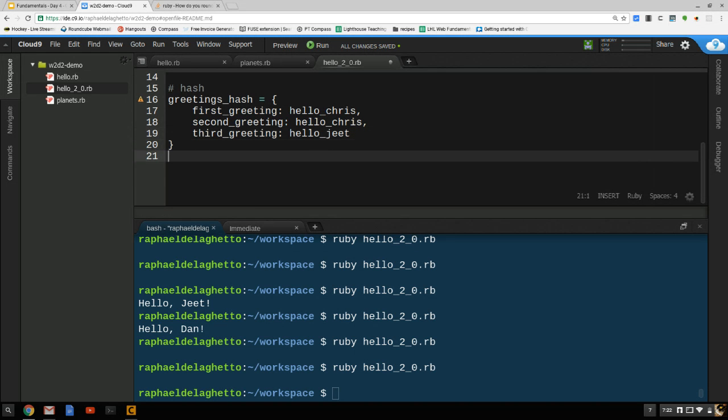Just make sure that you separate all these key value pairs with commas. Okay, so now this kind of starts looking a little bit like an array in that we can index it. But we don't use 0, 1, 2. We use the key, which is either a symbol or a string. So let's try puts